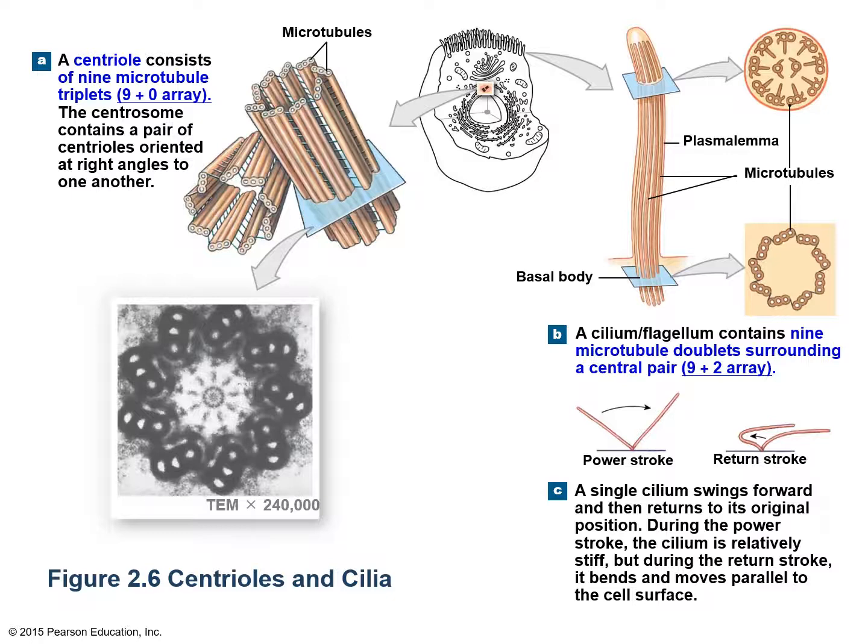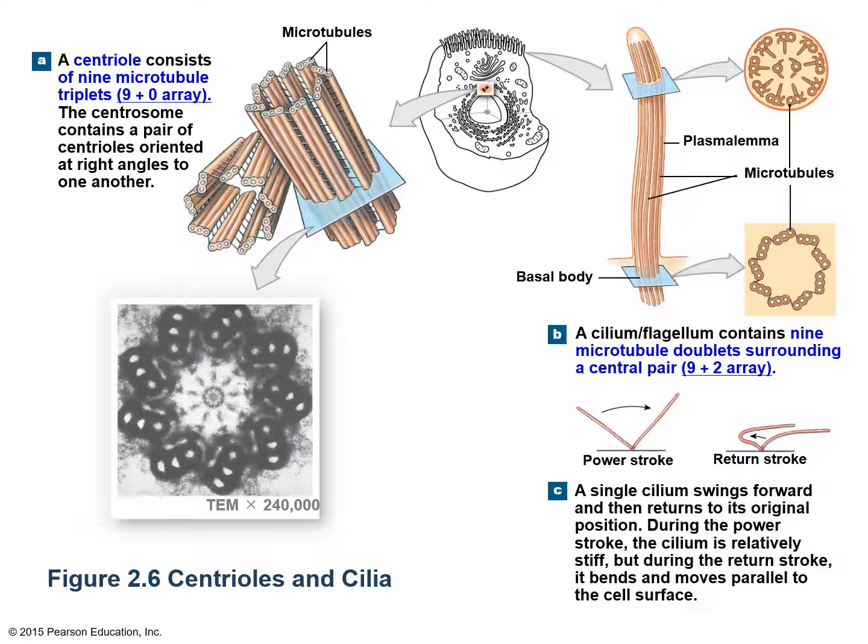In the centriole, the arrangement is known as a 9+0 array. If you look at panel A of the figure here, it shows you the arrangement of microtubules in the centriole. The 9+0 array means in the periphery, the microtubules are arranged in triplets, and there are 9 sets of triplets. And in the center, there is no microtubule, so 0. 9+0: 9 triplets arranged in the periphery and 0 or nothing in the center.